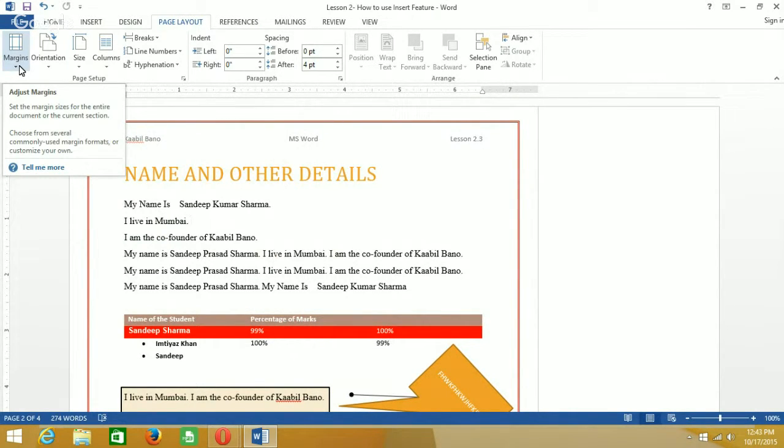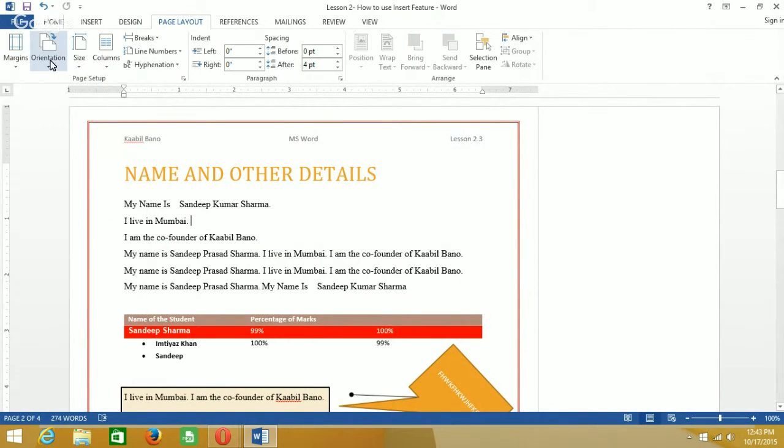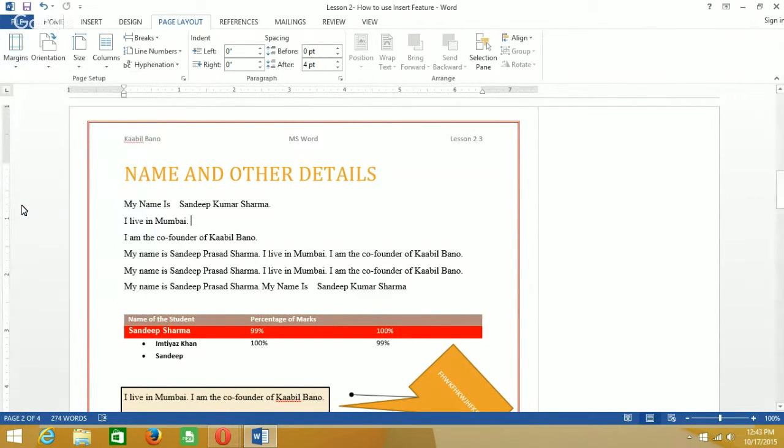If you click on margin, you can see normal, narrow, moderate, and wide. On normal margin, you will find that all the text starts 1 inch from the top, 1 inch from the bottom, 1 inch from the left and 1 inch from the right. So this is the optimum. We should always have the normal margins, right? But we can have some other margins. For example, let's say wide. Under wide margins,